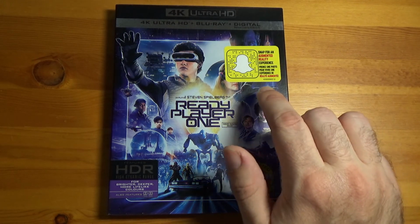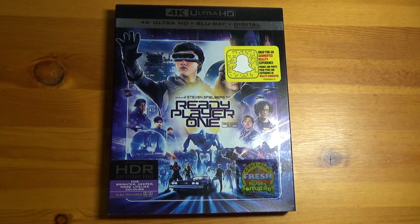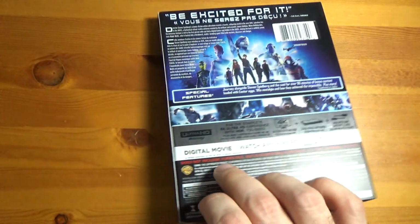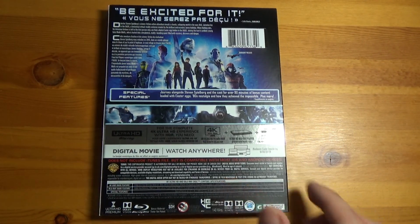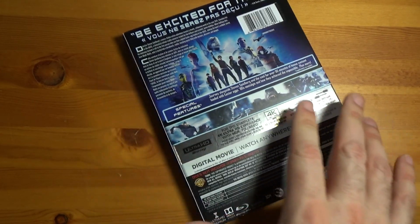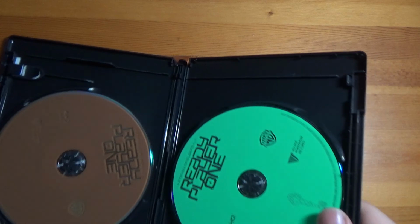Apparently you can snap for an augmented reality. I haven't done that, but I left it on there. So there's the front. There, of course, is the back. Now, I watched this before I got my 4K player, because obviously these all come with the Blu-ray. So I've watched the Blu-ray, but I will watch it again with the 4K, or might hold off until I finally get my upgraded TV with HDR, which will probably be late this year, early next year. But if you want to look inside,